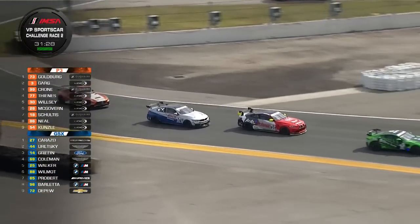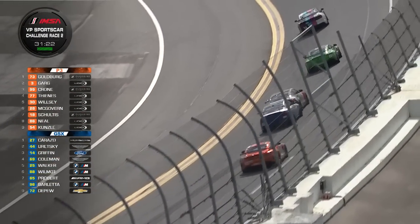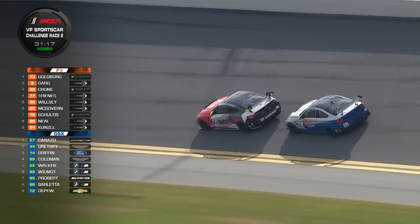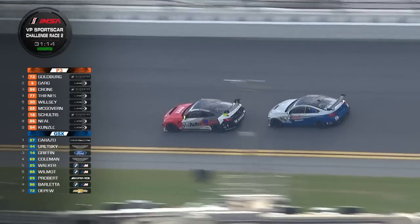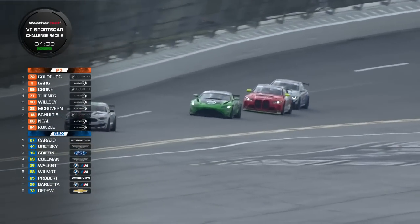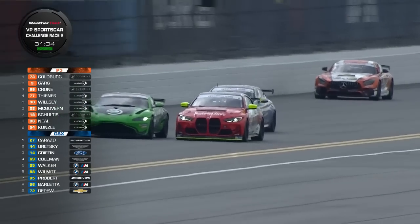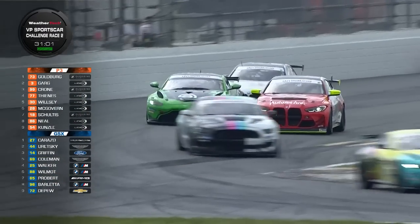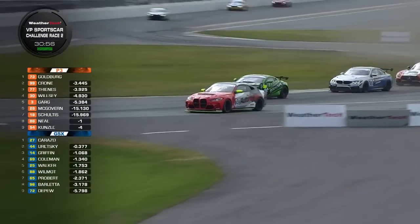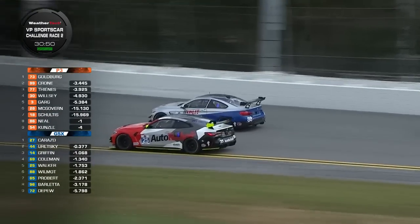And you can certainly tell the new generation BMW, the G82, it's in the hands of Rob Walker aboard the 25, that big grill on it, a smaller grill on board the 88, but when you see the cars from the back, you can tell the difference between the G82 and the F82 because of the rear wing. The 25 in front, you see the rear wing supports come up and over and kind of grab the wing from the top. The older iteration M4 that the 88 is, that Patrick Wilmot is driving, Coleman off in the grass. And Walker. Yeah, the supports on the older iteration come up from the bottom,